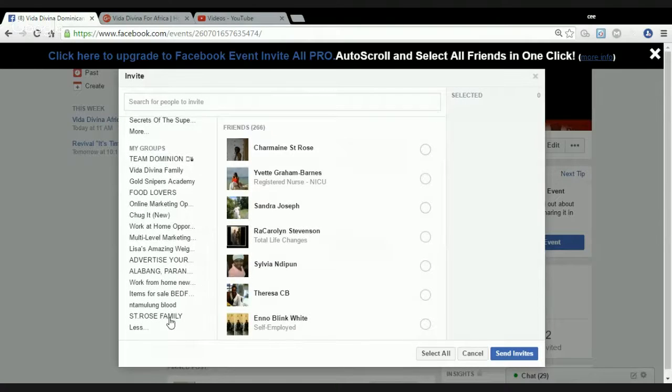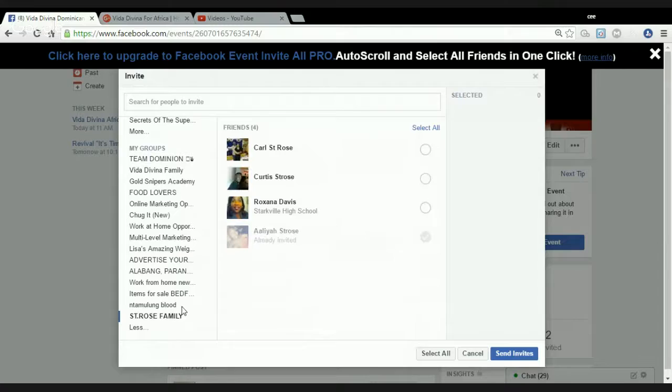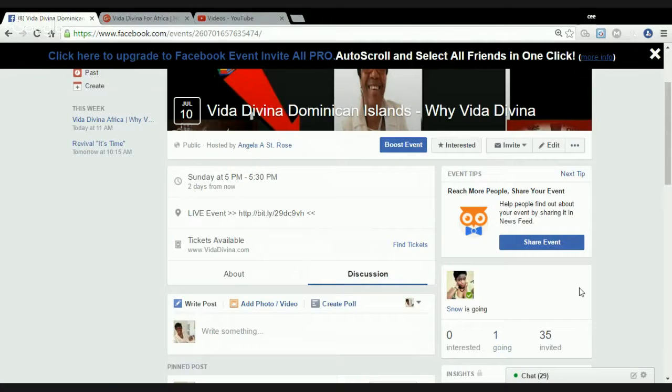I'm going to go to another group. I'm going to go to St. Rose family and see what comes up. Just a few people. It says select all. So those 4 people, I'm going to send it to them. Go back